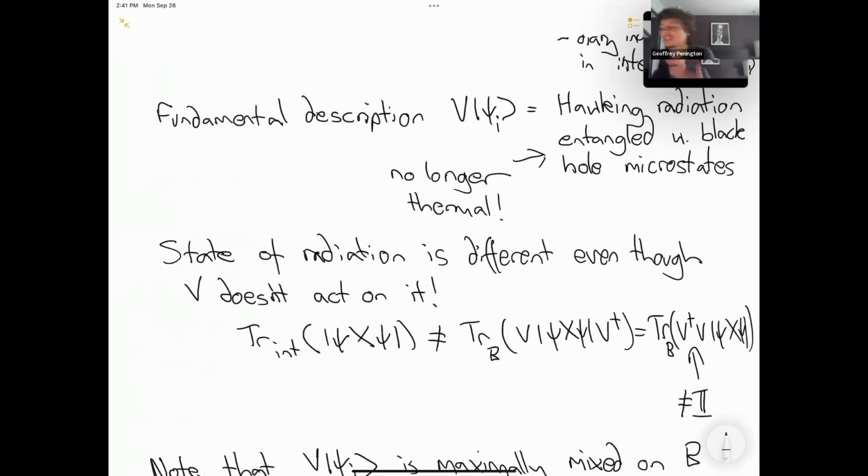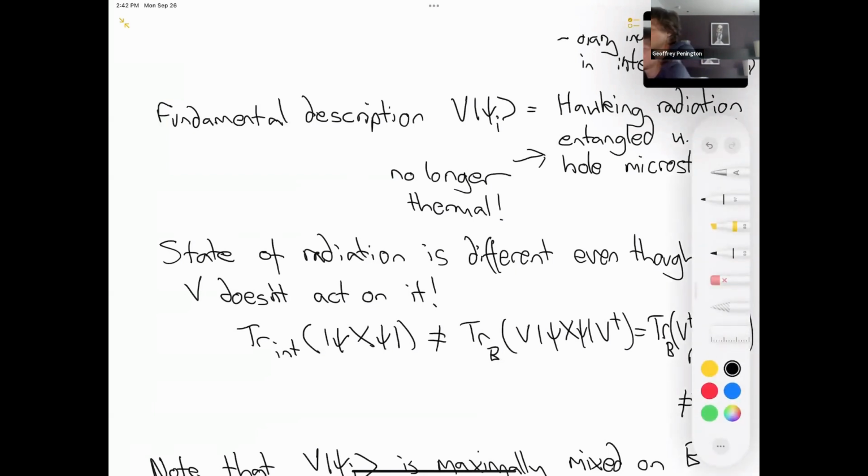Well, it was because V didn't act on R. So if we have the trace over big B of V ket psi bra psi V dagger, then V only acts on B. And so we can move V dagger around the end. We can use the cyclicity of the trace to get something